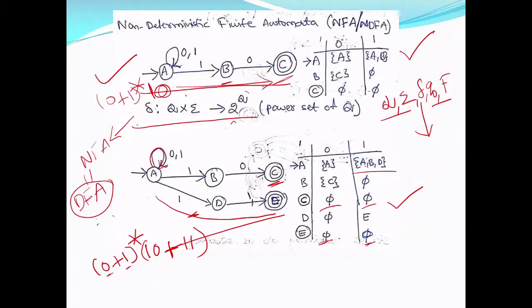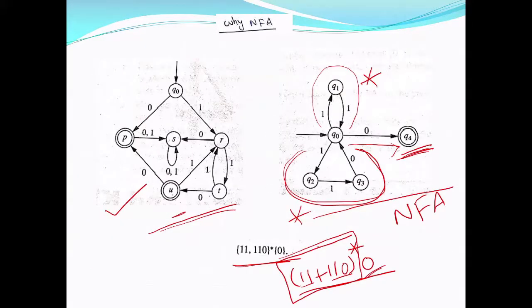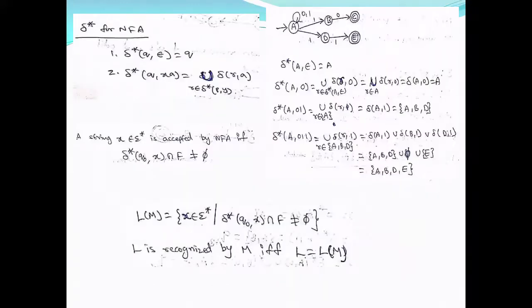It's very easy. Actually, this is for ending with 1 0. You observe, these strings will end with 1 0. These strings will end with 1 0 or 1 1. So drawing an NFA is very easy compared to a DFA. Now, because there is a choice, you have to say how to accept the given strings.